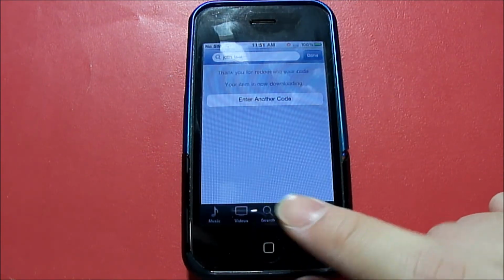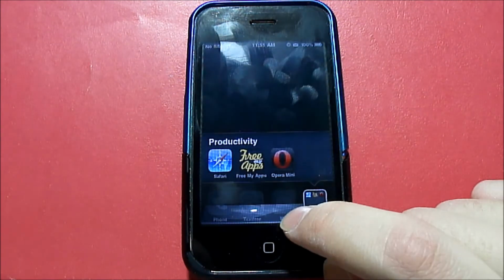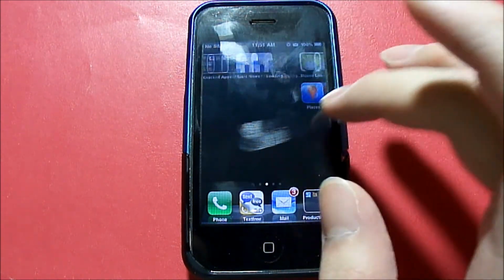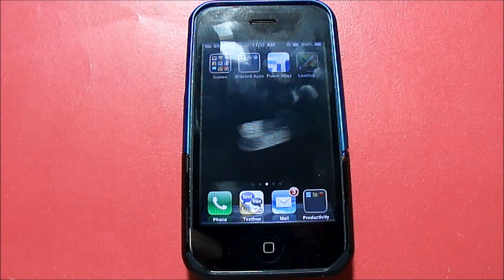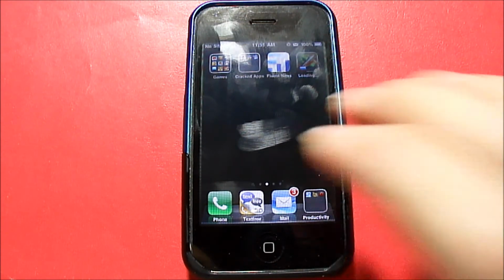So if we go back to the home screen right here, and where is it? As you can see, Fruit Ninja is downloading, and this isn't going to charge my dad on his credit card because this is 100% for free. I actually recommend doing this versus using installers because that is pirating content, and I don't recommend it, well, for